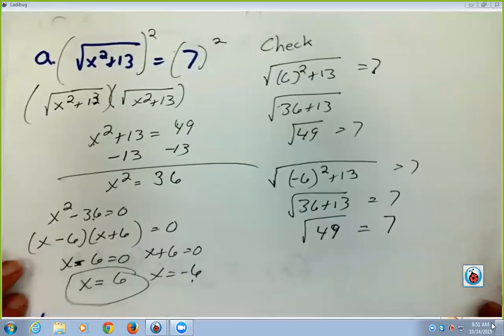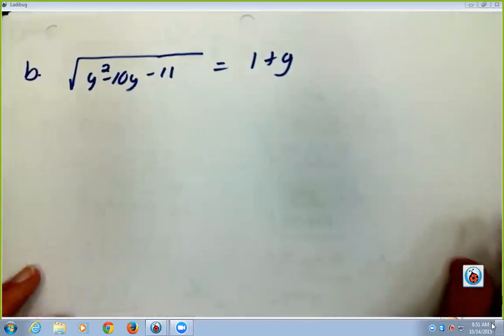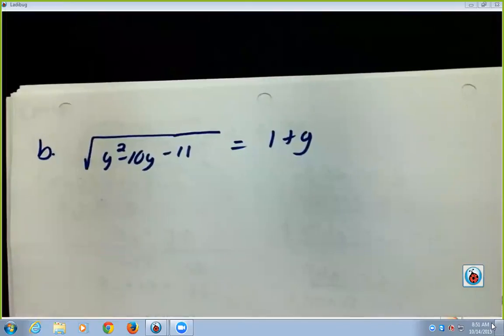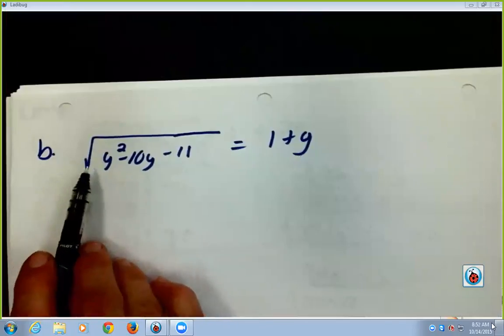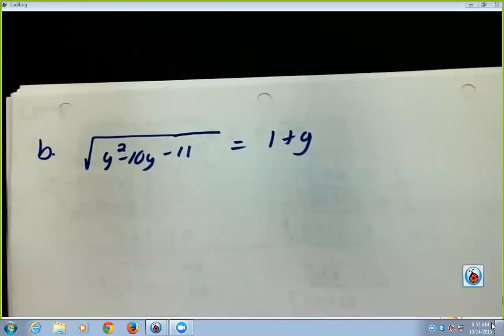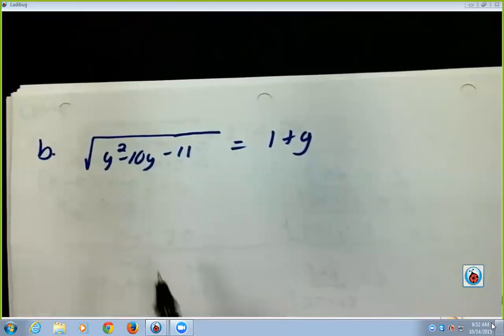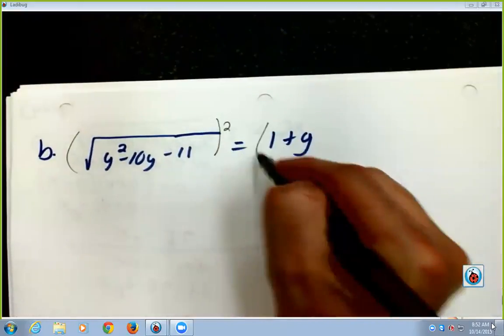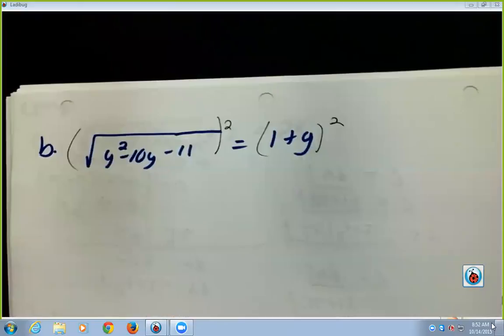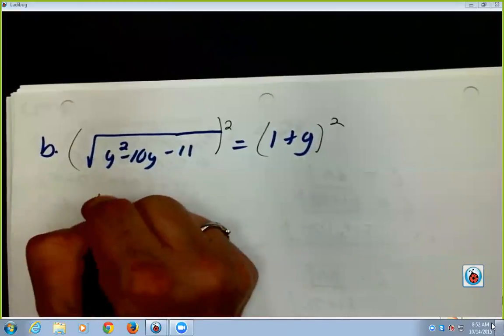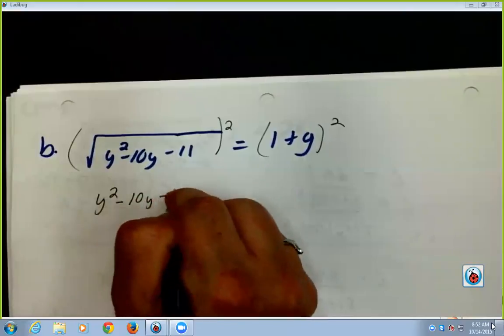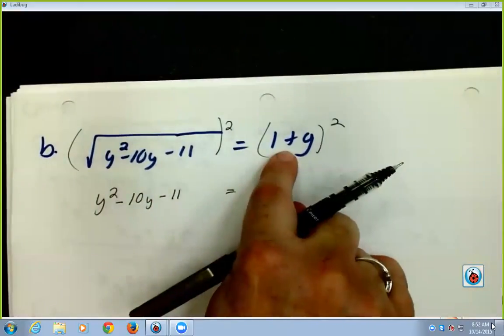Okay. Let's look at this next one. Not that one. So this one, again, is my radical by itself. So first off, ask that question and get it copied down on your paper here. So my radical doesn't have anything added to it out here, and we'll get some in a little bit that do. So I can square each side. So when I square this side, the radical disappears. But when I square this side,